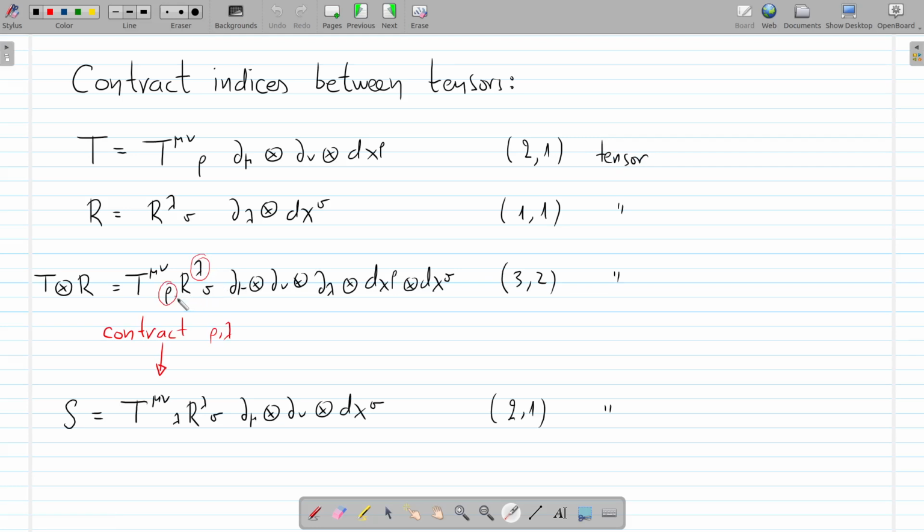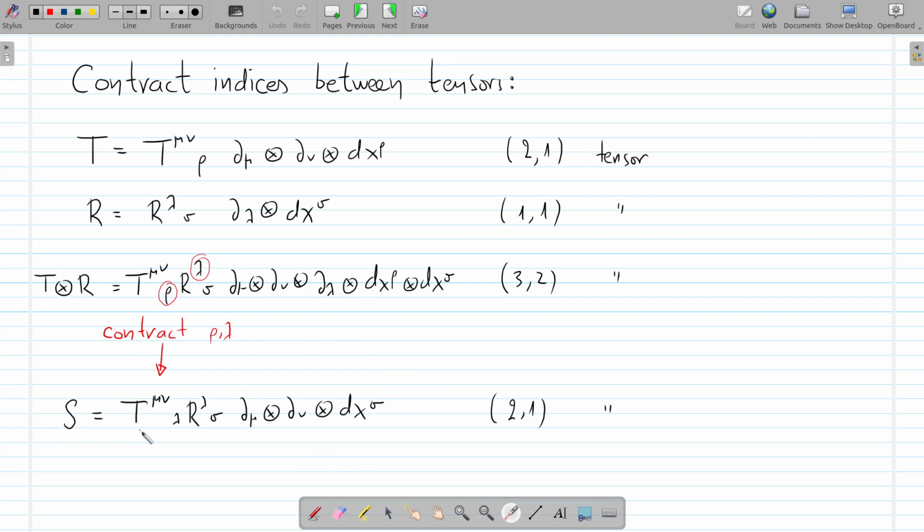So if we make the choice to contract this index of T with that index of R, the result will be a tensor that is of order 2-1. So 3 has been reduced by 1 to 2, and 2 has been reduced by 1 to 1. Since this is a 2-1 tensor, it can be expressed as a linear combination of this basis in the space of 2-1 tensors,